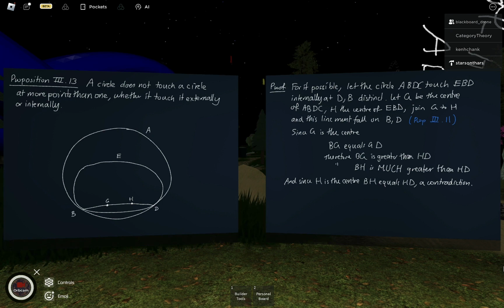Okay, that's quite nice. So that handles the internal case. Maybe I'll just try and squeeze the external case down here. So in the external case, you've got a circle touching at 2 points